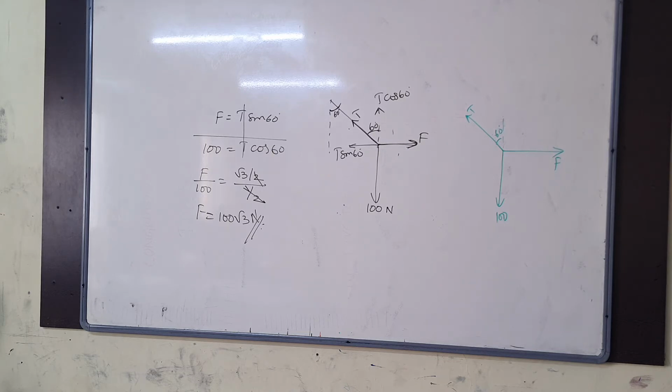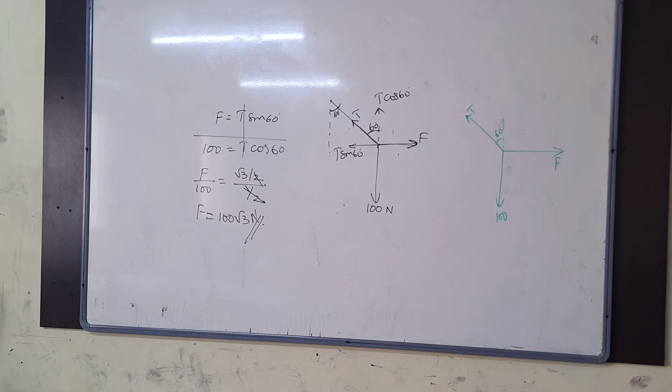Everybody is making this mistake. You cannot cancel the 2 here. Why? Because again here 1 by 2 is there, so only the 3 you can cancel. You understand that? In this three forces condition, you cannot cancel any 2. So T equals F by root 3 by 2, nothing else. F equals T into root 3 by 2. Correct? Then one more is T equals 100 by 1 by 2. This one and then this one, I am equating these two now. Understand that?